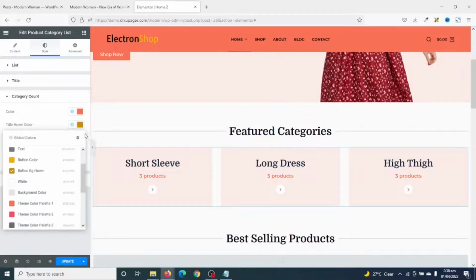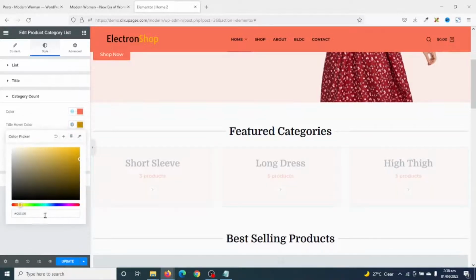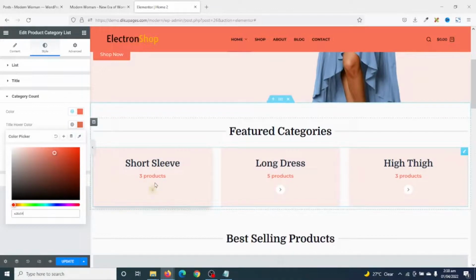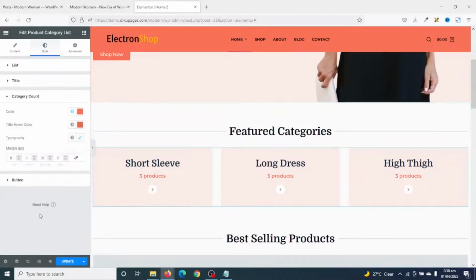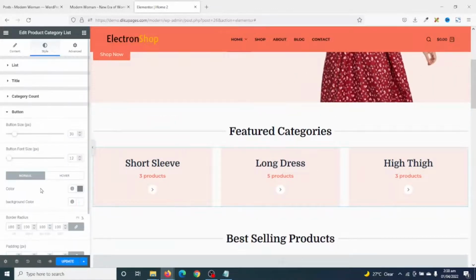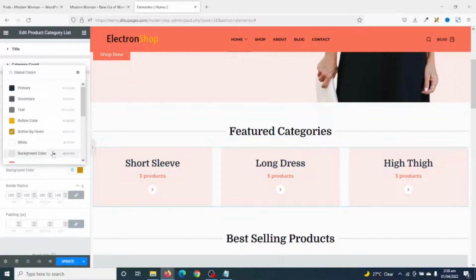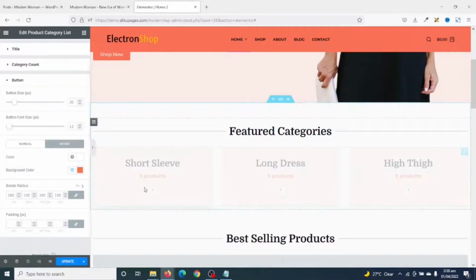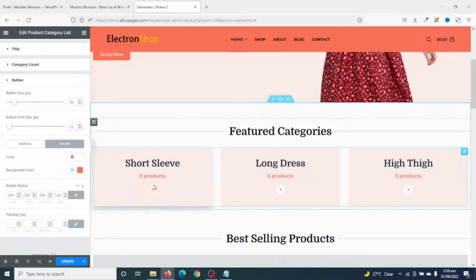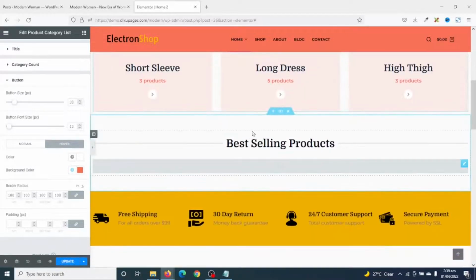Okay, I don't actually have that color in here, so I'll just go ahead and enter in this color. Perfect. And finally is the button. I'll only go ahead and change the hover color to this. Perfect. Next I move to the best selling product section, and this particular section is cool, so I don't